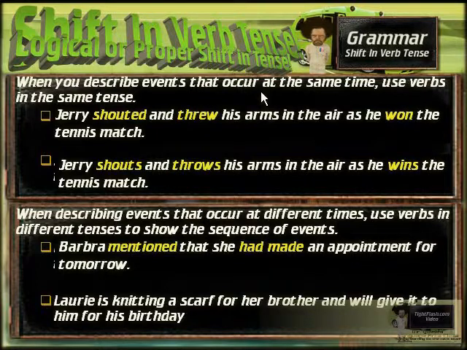So that makes sense. What we probably couldn't say, Lori is knitting a scarf for her brother that she gave him on his birthday. I mean, we couldn't change it like that, because we definitely would have to change the meaning, and now the meaning would be illogical. I mean, how could you be knitting a scarf she gave, unless she was fixing it, but maybe it got a hole in it. But we don't know that because we don't have enough information to go on.